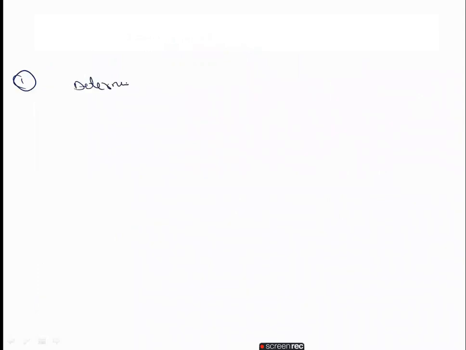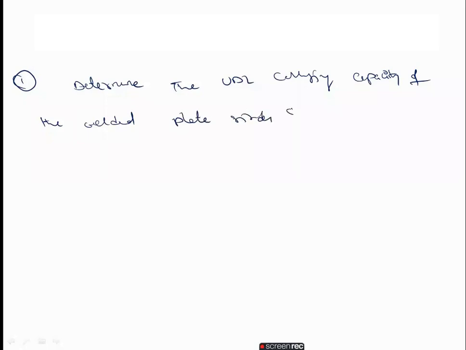Determine the uniformly distributed load carrying capacity of the welded plate girder shown in figure